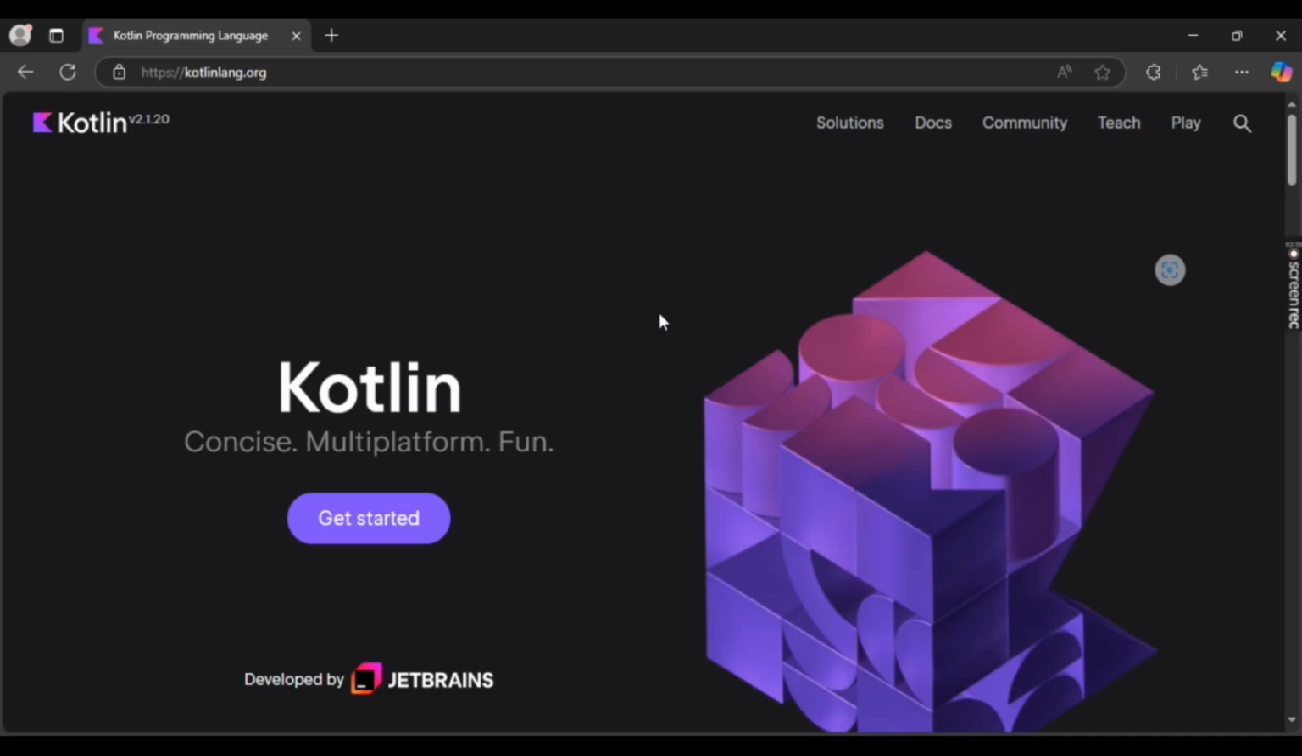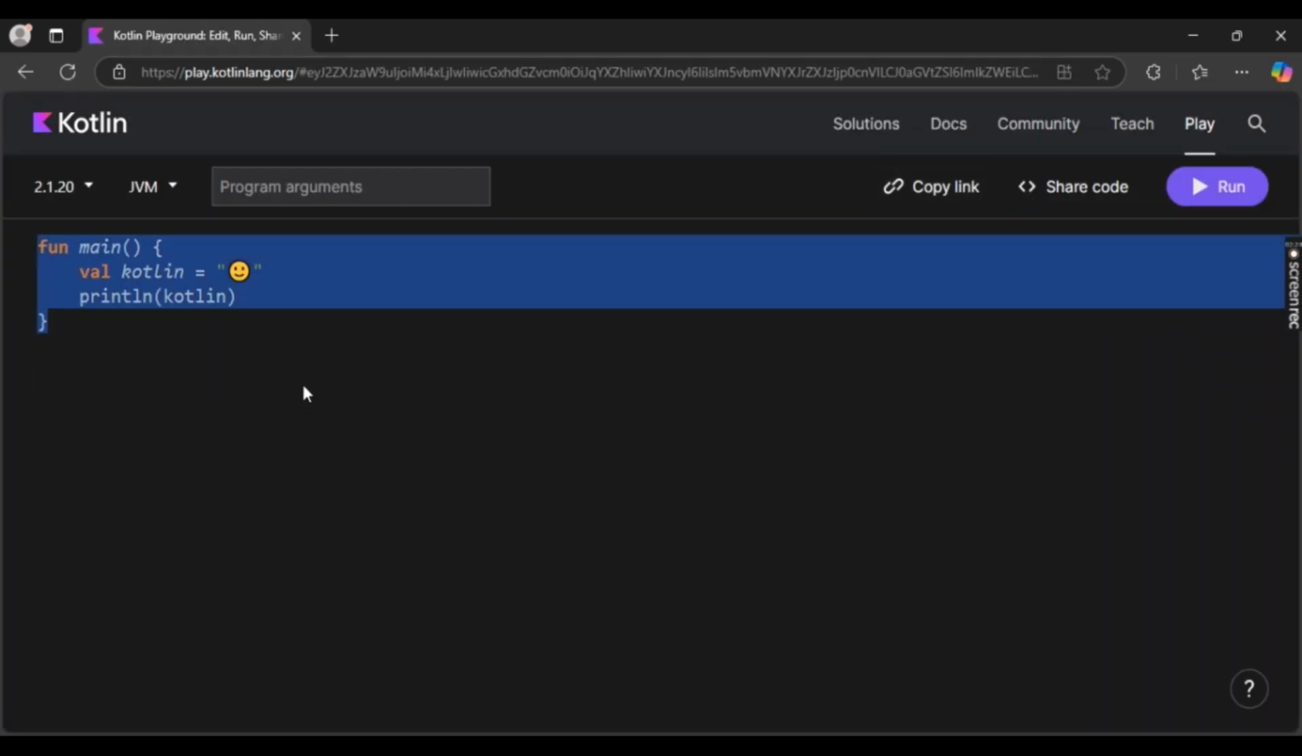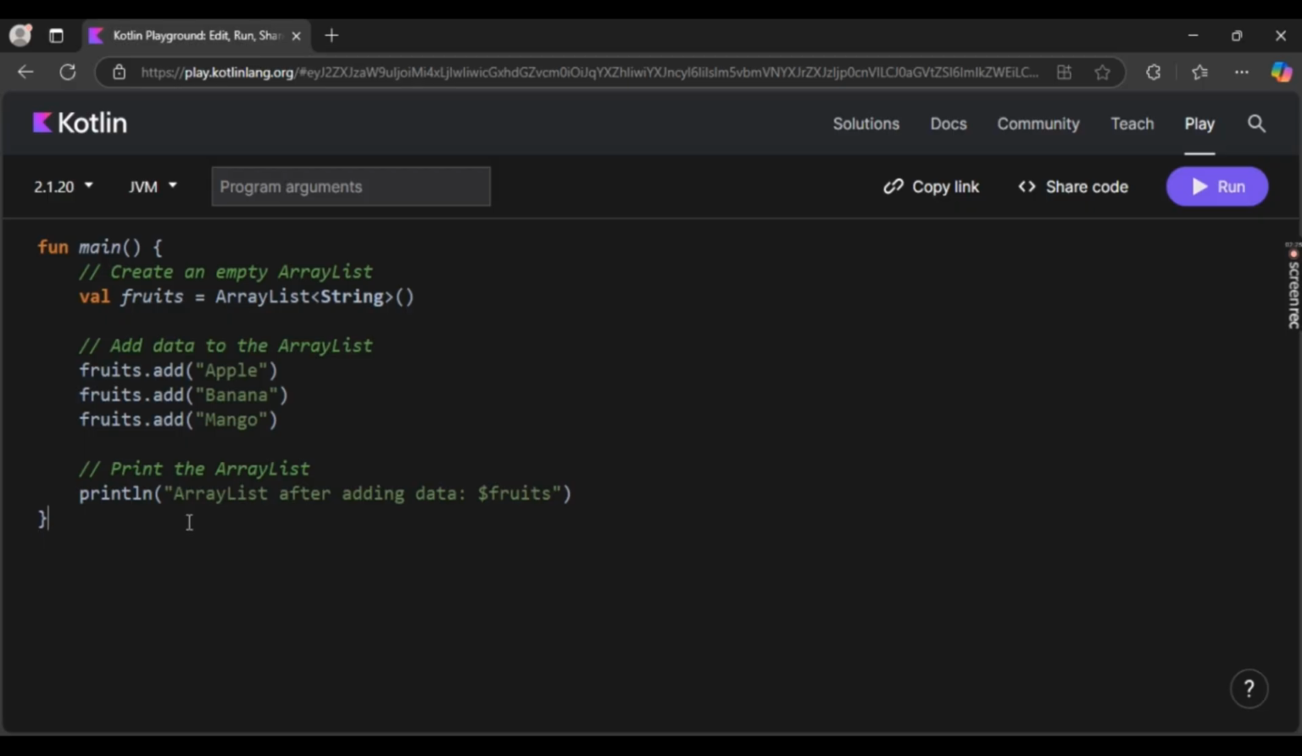Now first up, I'm in kotlinland.org and inside the Kotlin playground. So to get to it, just simply select play and then playground. Now just simply type in this code located on the screen right here, and I'll be explaining how this code